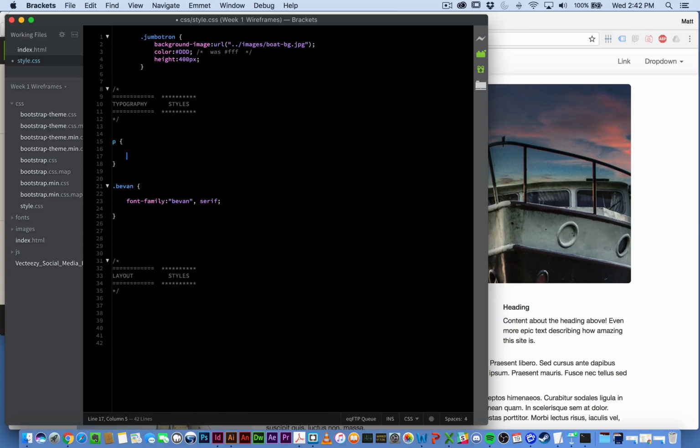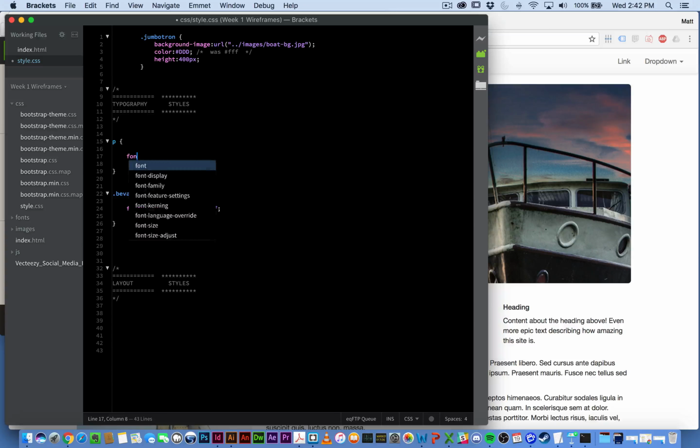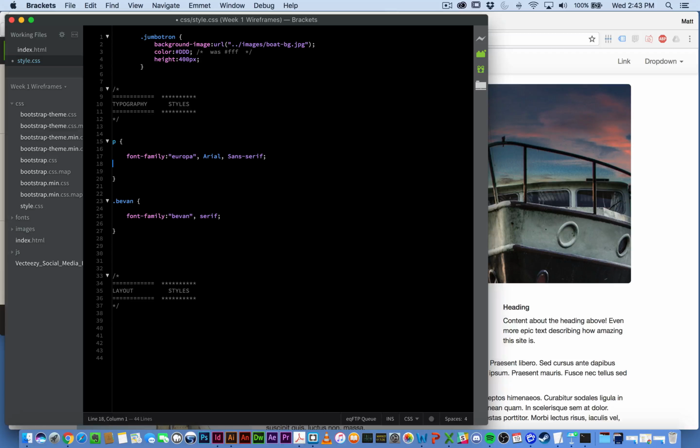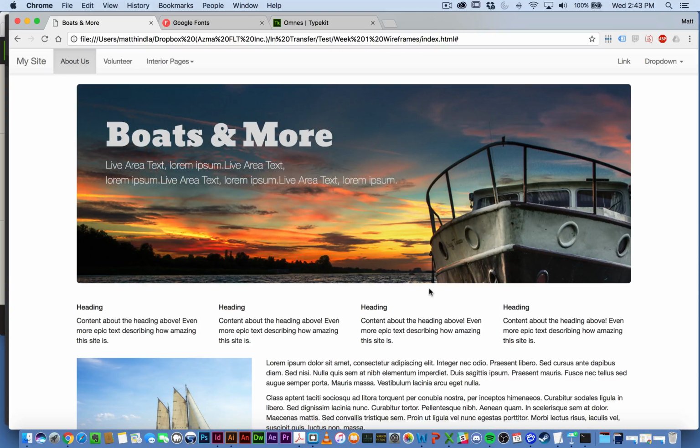And let's do the same thing for this. And let's say I want to make it font family, let's see, Europa. And then another default will just be Arial. And then I'll have sans serif following that. So let's go ahead and see what that does. That should change the paragraphs to that particular font. If I refresh,